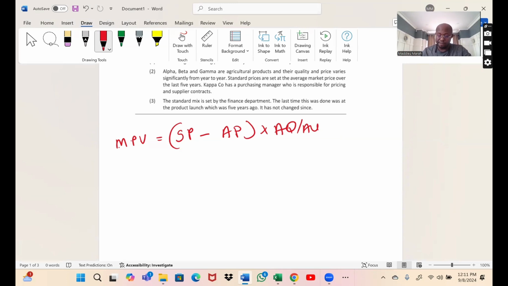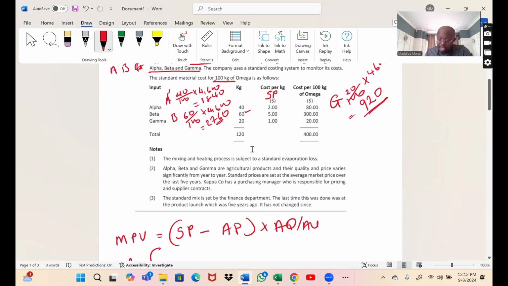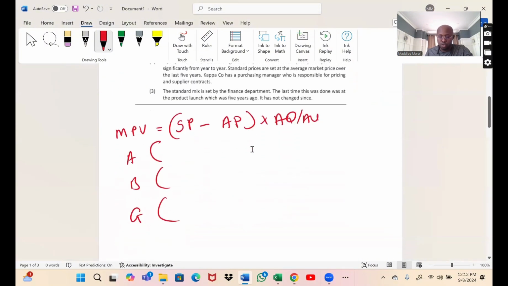Okay, because we have usage in the question, kg in the question, now we go. We do the same. We are creating this from the requirement. We calculate the material price variance for each ingredient and the total material price variance. So for alpha, for beta, and for gamma, what's our standard price? My standard price: I have $2 here, I have $5 here, I have $1 here. That's my standard price, minus